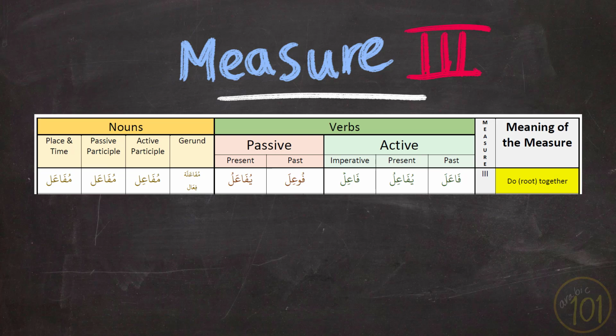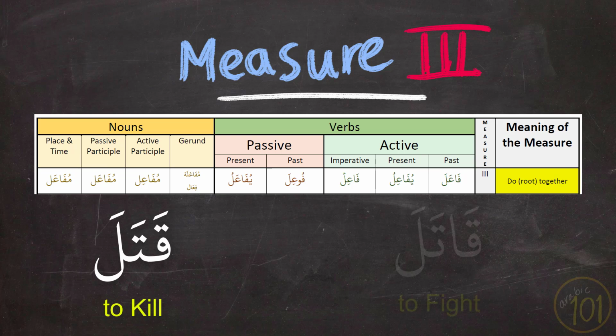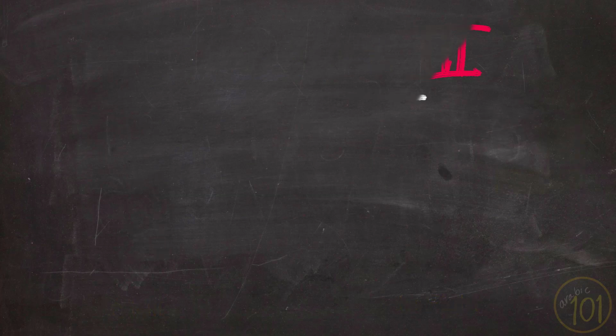That's why a verb like قَتَلَ means to kill, but قَاتَلَ means to fight, which would necessarily involve more than one person for the action to happen or to be meaningful. And the first verb is